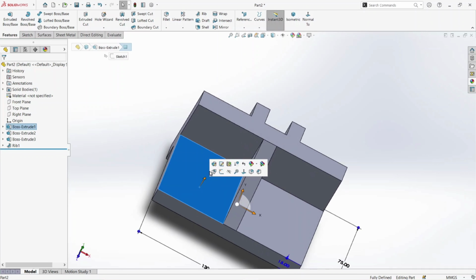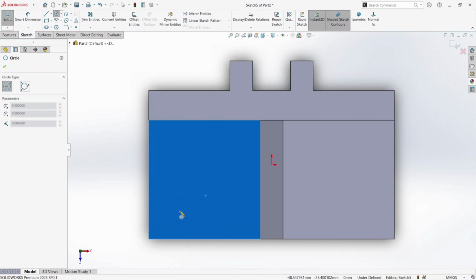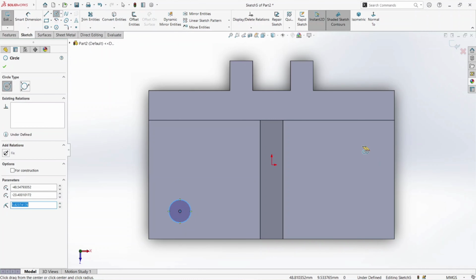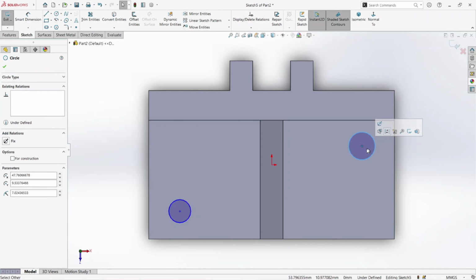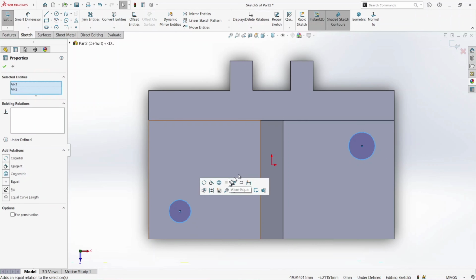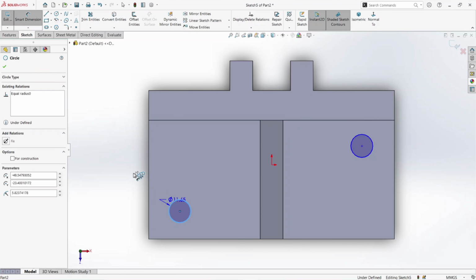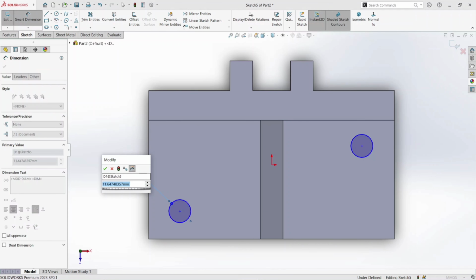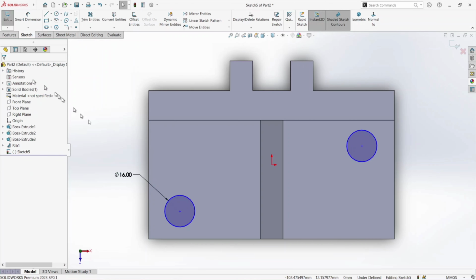So select this face, Sketch, make one circle here and another one here, and make these two equal. Okay, now give one dimension, this is 16 mm